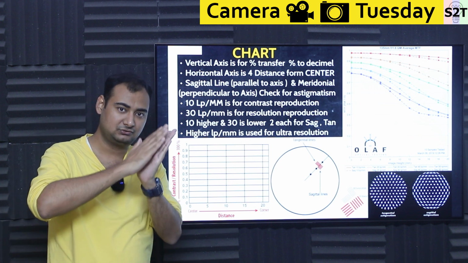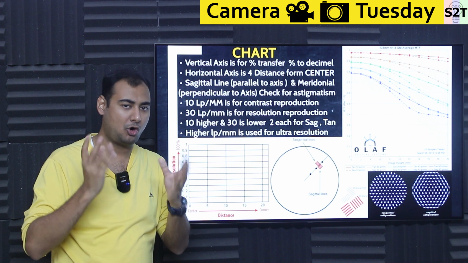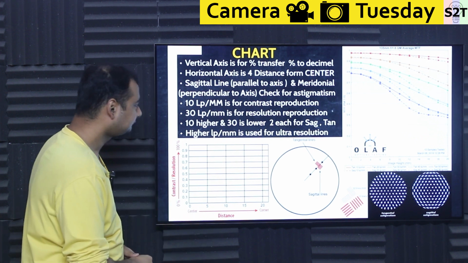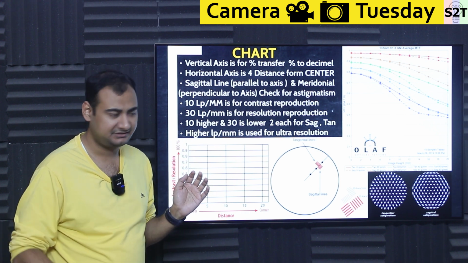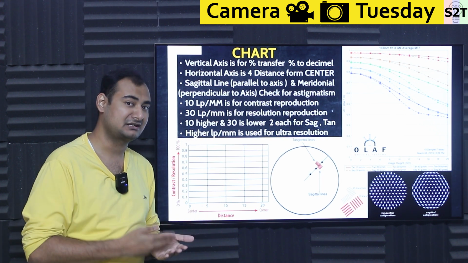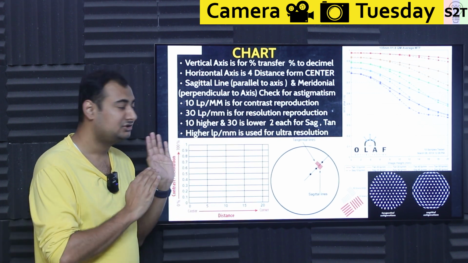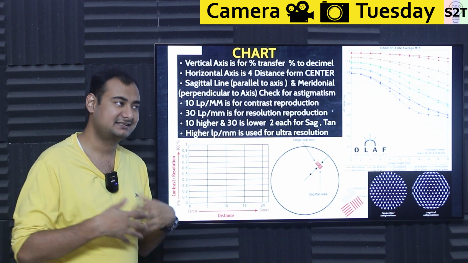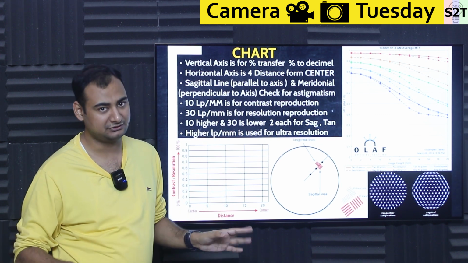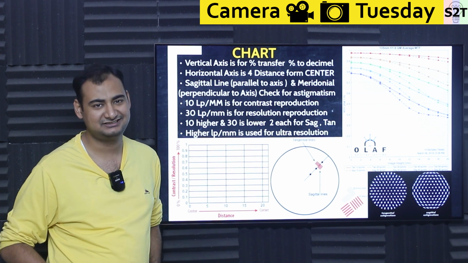And if you have those two lines as close to each other as possible, that means the micro contrast would be awesome. Meaning you look at the lens and you're like, that's a good lens. So we use 10 line pairs per millimeter for contrast representation, how contrasty the lens is, and then 30 lines per millimeter for resolution. Now we do not stop at 30, that's not necessary. It's just a standard that we started from in the negative era, so 30 was more than good enough. Now in the digital era we need to go further than that, but it's not done everywhere.